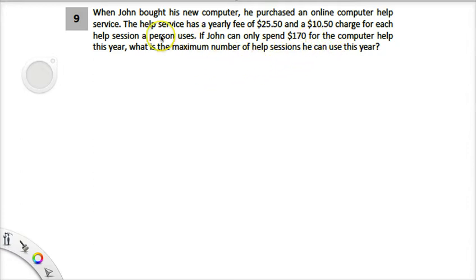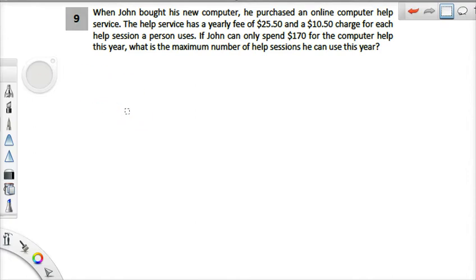So let's see how much he's spending each year. All right. So sort of the upfront cost is 25.50. If you remember from the previous problems, this would kind of be like a fixed cost or fixed fee. So when we're adding up the total he pays, we can just do that first, right? So we get 25.50